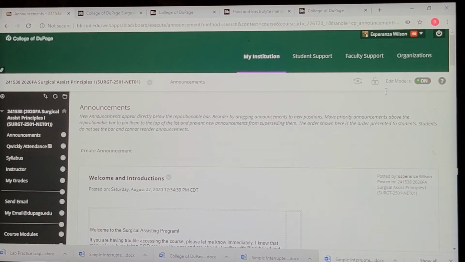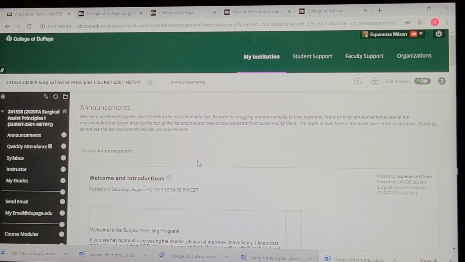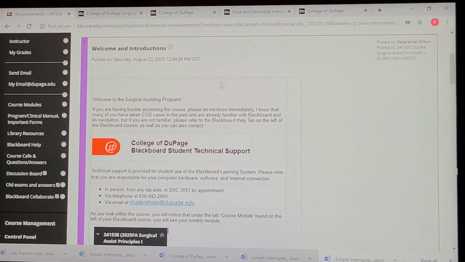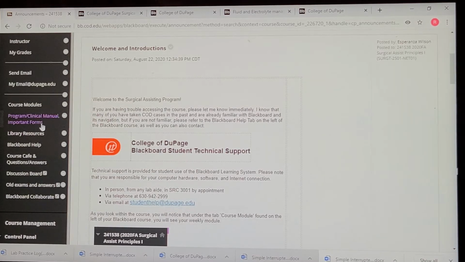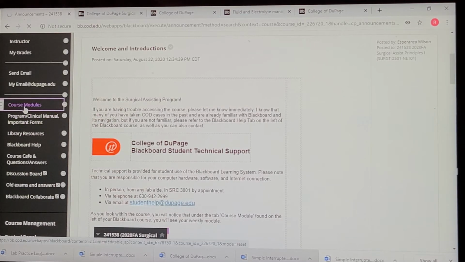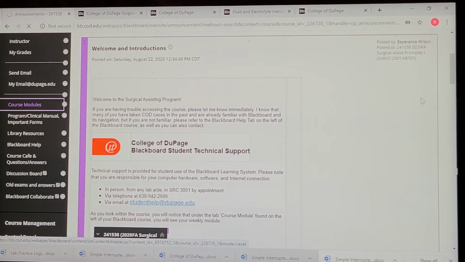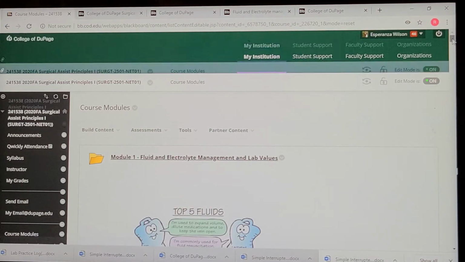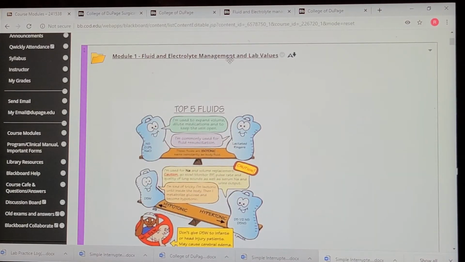Again, I just wanted to clarify that Surge 2501 is going to be mainly focusing on our textbook didactic information. So as you click onto your course 2501, again, just like 2502, all of your announcements that are being emailed to your dupage.edu email are going to appear here. But here, you'll have to go onto course modules to get access to our weekly modules. And for this first week, we are going to go on to Module 1, Fluid and Electrolyte Management and Lab